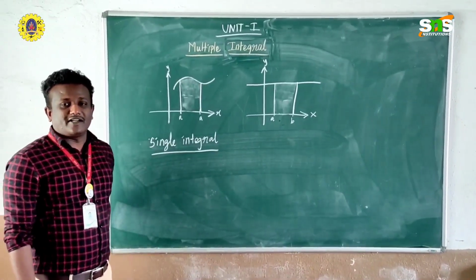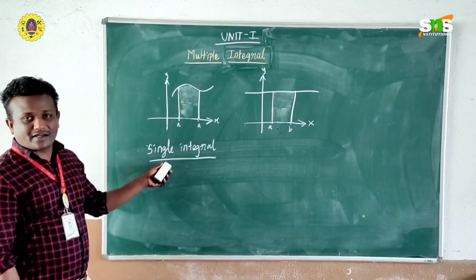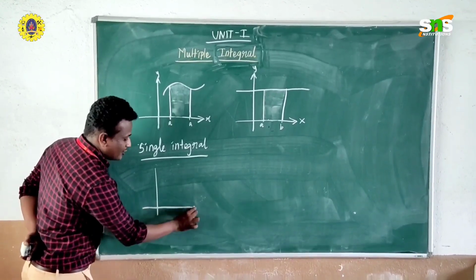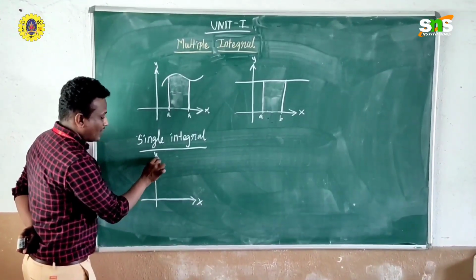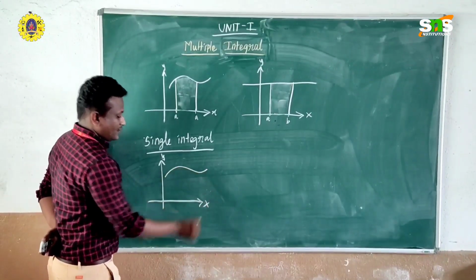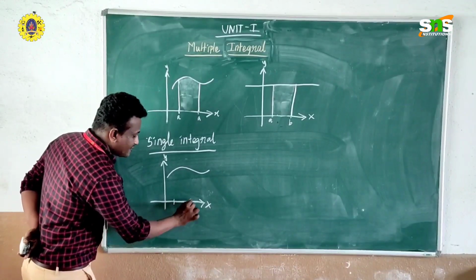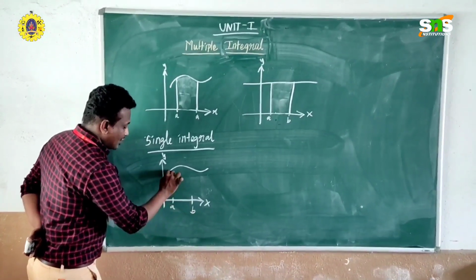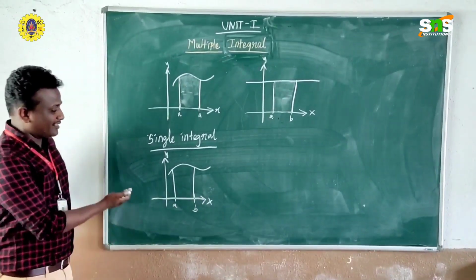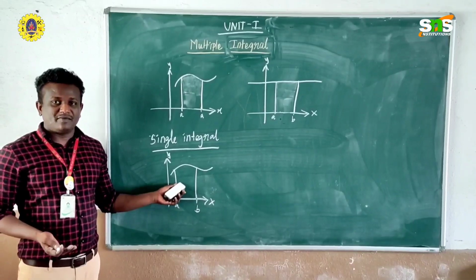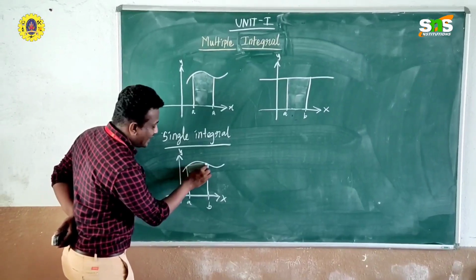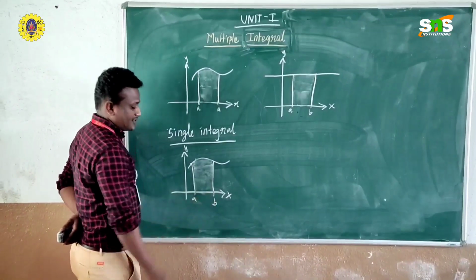Now the single integral. I will explain it through an example. Again we take a graph, with x and y axes. Again just imagine there is a curve. I am going to take 2 points, A and B. Now connect these 2 points with this curve. Then you will get a shape. Clearly this is an irregular shape. Here we want to find the area. This is our task, right?